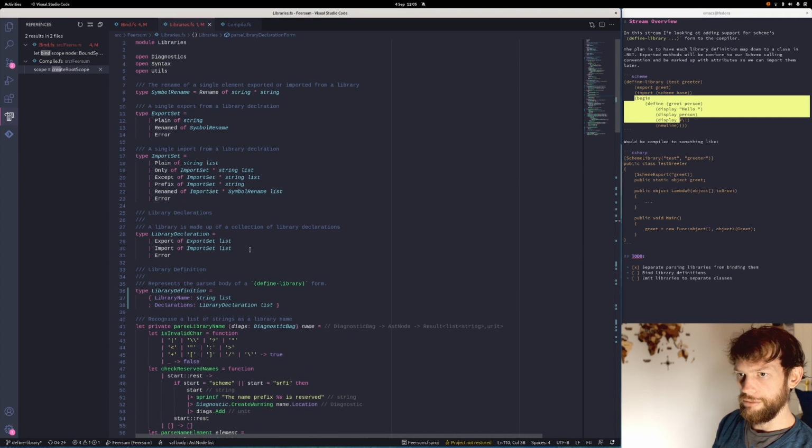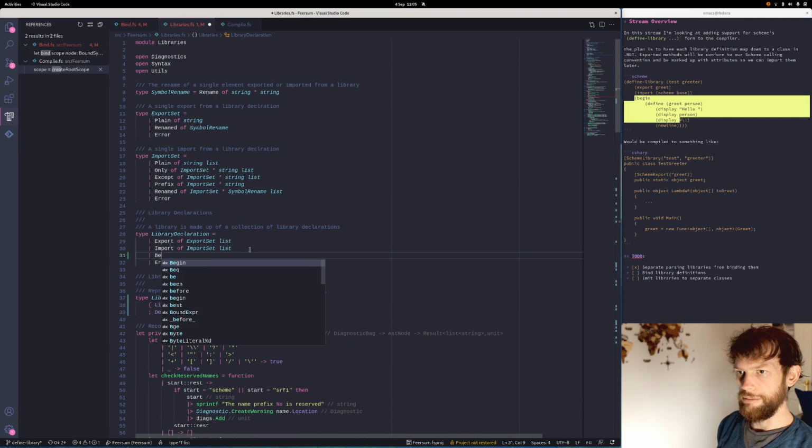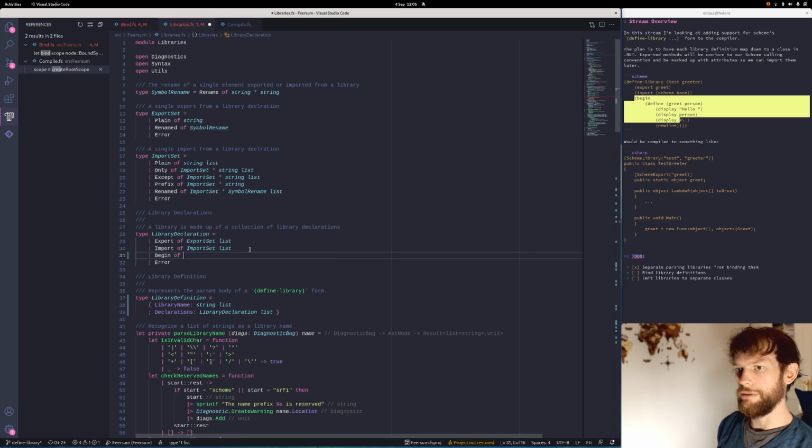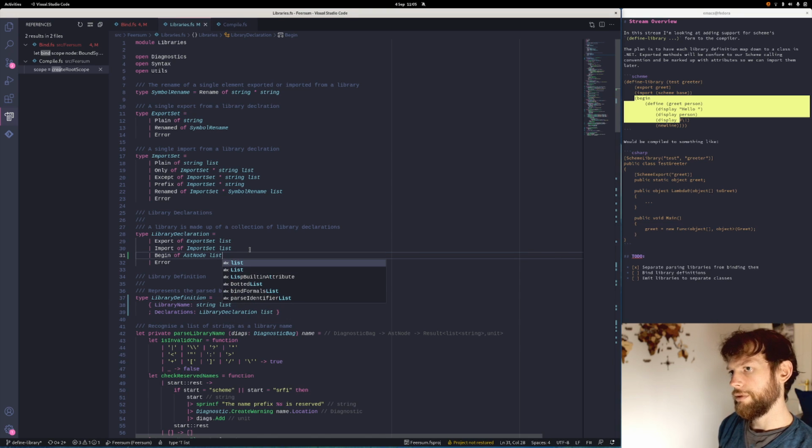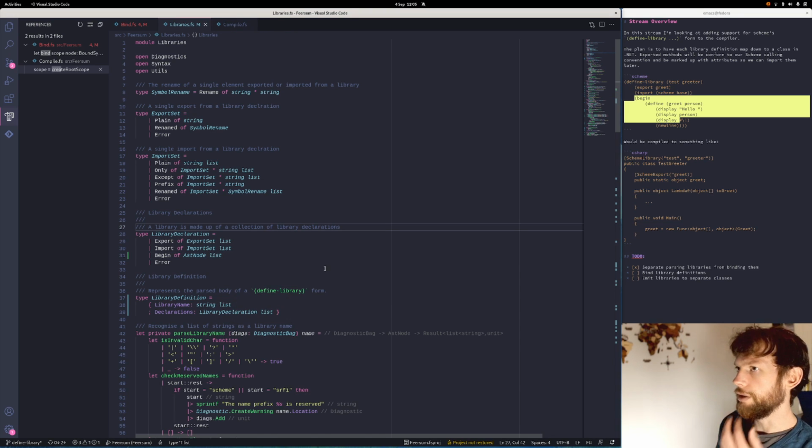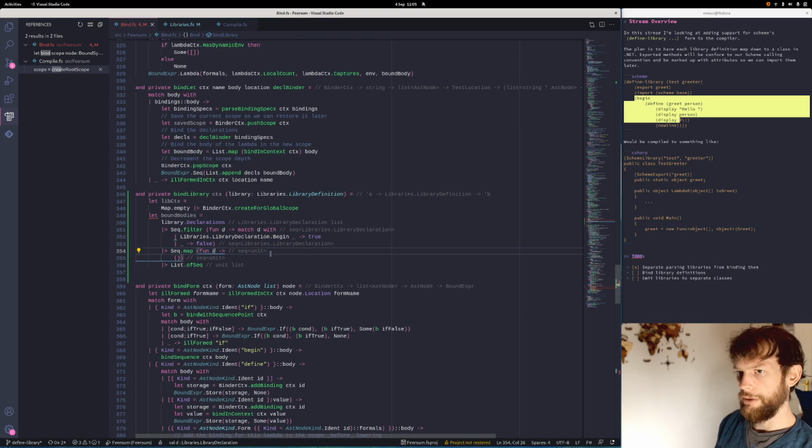Then up here we'll make the begin be of AST node list. So we're not actually parsing it in any way, we're just passing it straight through so that the binder can use it. And then the binder will get